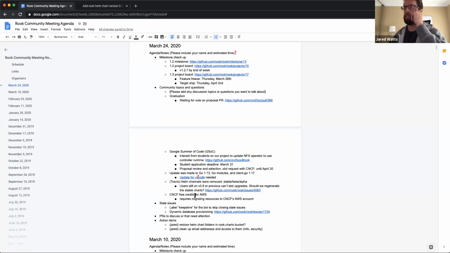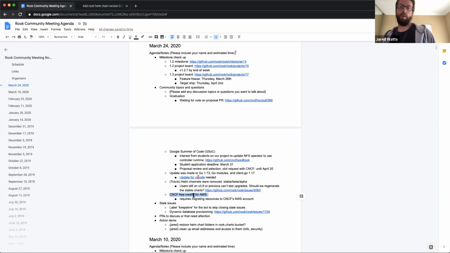And then I just wanted to bring this up here because we mentioned it briefly in some discussion on some Slack channel. I don't remember which one it was. But the CNCF has a bunch of credits for AWS. And so I had opened up a service desk ticket with the CNCF to get us some of those sweet credits, but unfortunately they aren't able to just give credits to other accounts. You have to use the CNCF account for billing purposes to be able to access the credits.